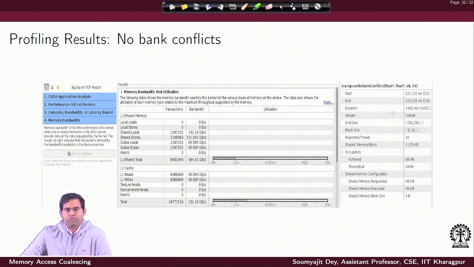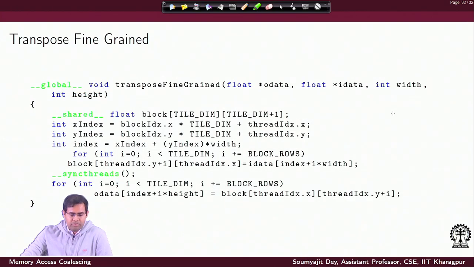This is how, if we understand the memory hierarchy correctly, we can remove bank conflicts and do better optimization with respect to data. With this we would like to end, but before that we would like to revisit some other example.